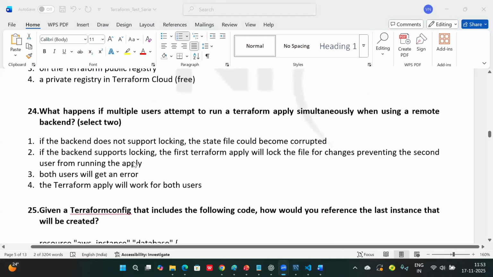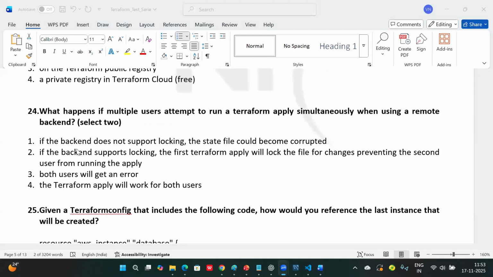What happens if multiple users attempt to run a Terraform apply simultaneously when using a remote backend? I think it is a similar question. If the backend does not support locking, the state file could become corrupted. If the backend supports locking, the first Terraform apply will lock file changes, preventing the second user from running the apply. Both users will get an error, then Terraform apply will work for both users. First and